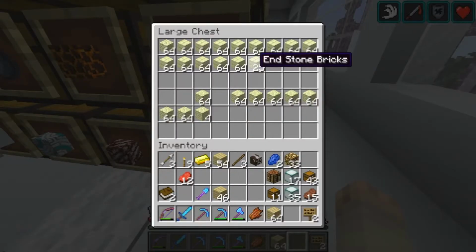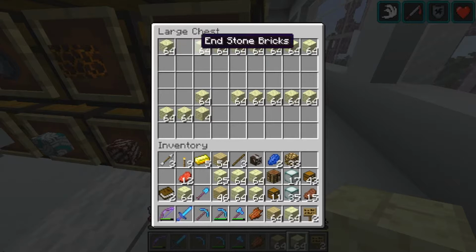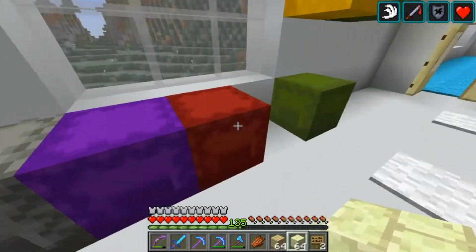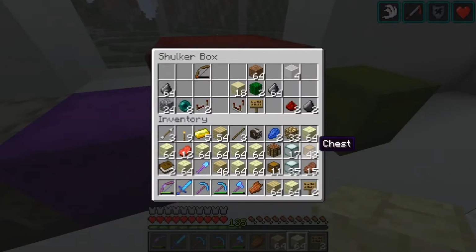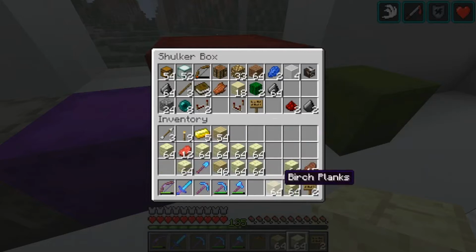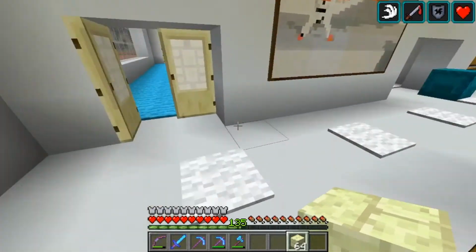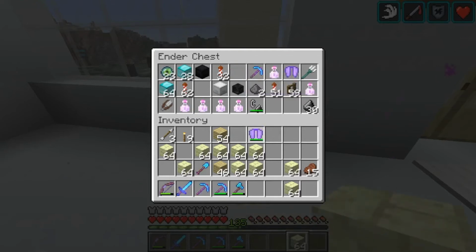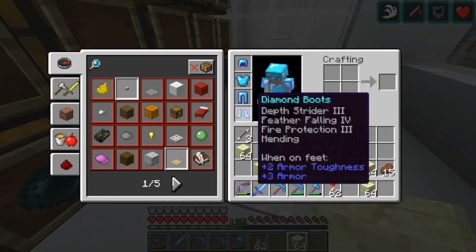And what we are going to do is work on the mob spawner. Let me dump some of this extra stuff out of my case here. Yeah, don't need a lot of that stuff. Okay. And we're going to need our wings. And some rockets. Because